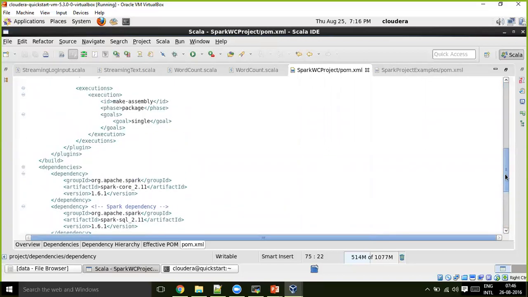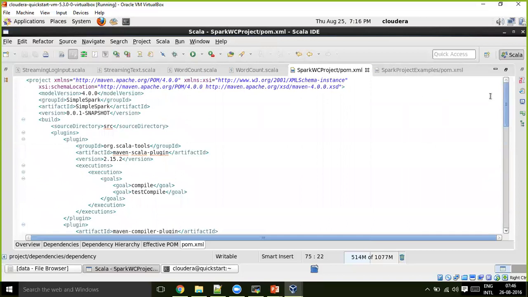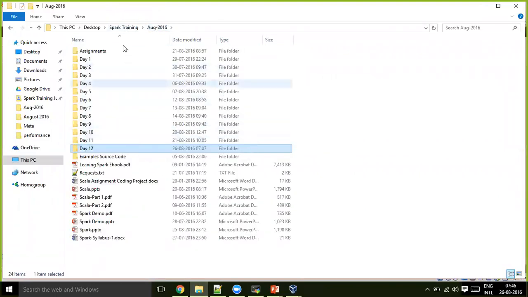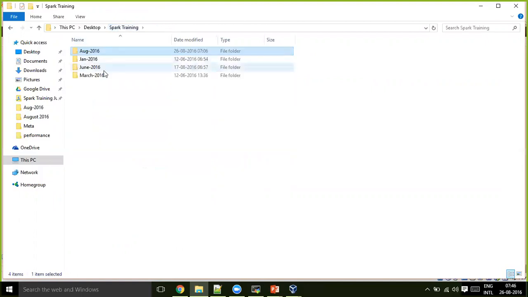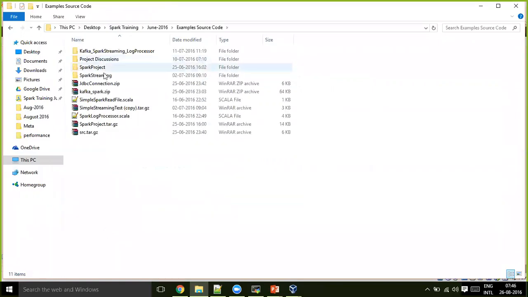One thing that you can do is, I will anyway share the Spark projects as they are with you. The same thing that I do with each batch, I share in the example source code. I share those entire projects as they are, the Eclipse project as it is, so that you will get everything.